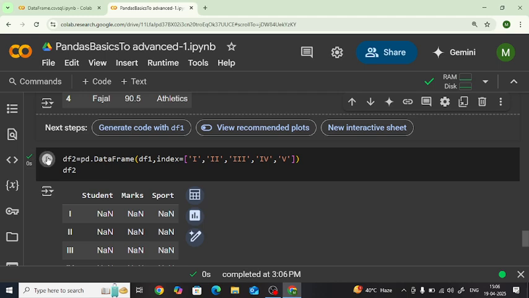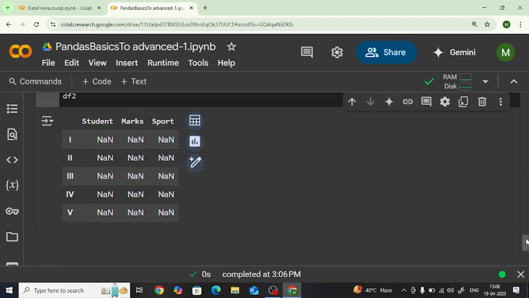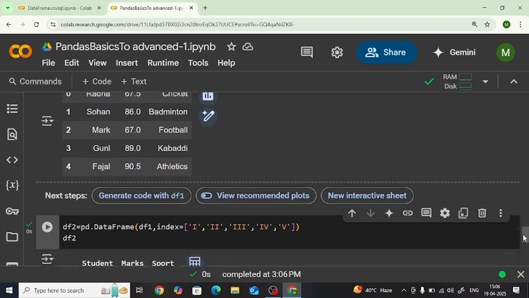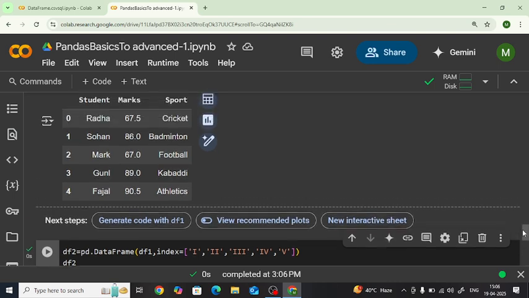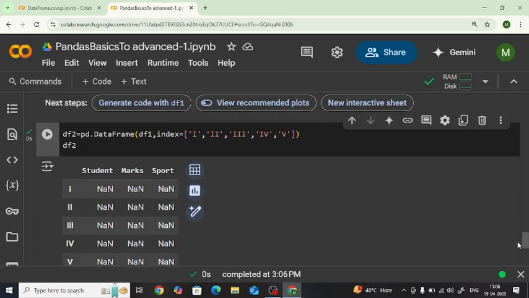and the index has been here. So it's student marks. Let's see, its index has been changed, but I am not getting the marks here. What's the reason? It's df1. It's correct. Yeah, df1 has been correct,